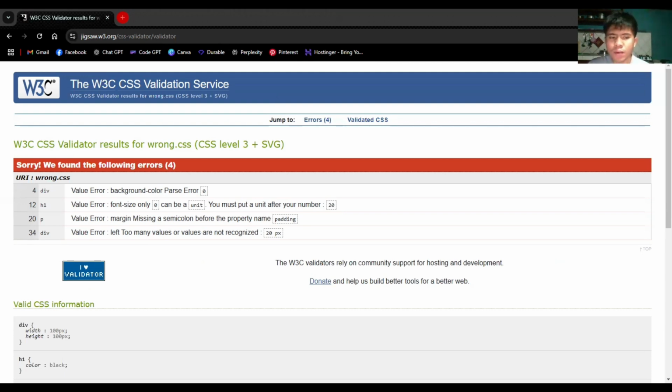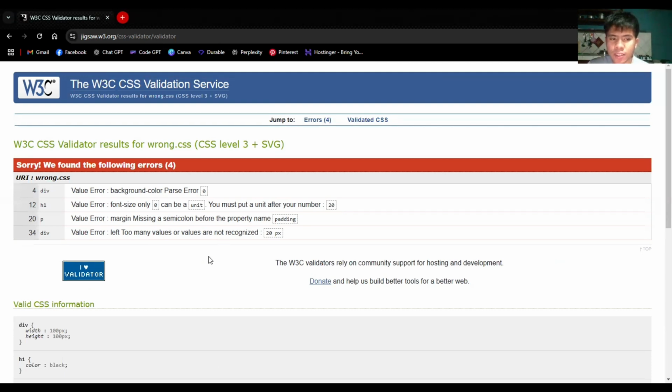Then followed by that, the font size has no unit value, followed by the margin has no semicolon, and the error for number 4 is that the value and the unit have a space, which is not correct.